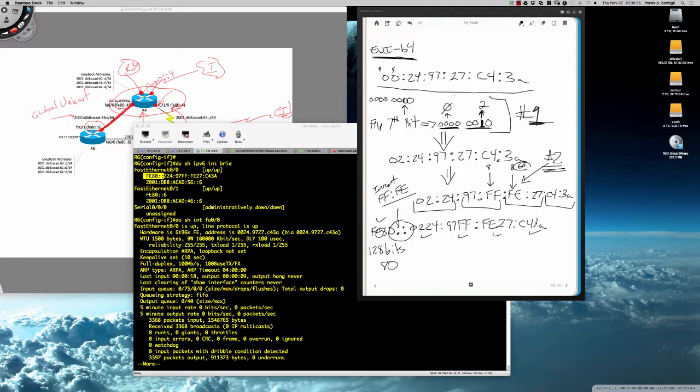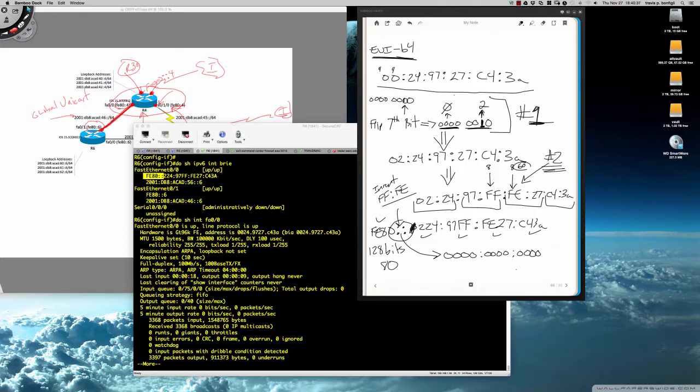So we're missing 48 bits here, and really all those are, it's the rule of zeros, right? So if we're missing 48 bits, we're missing 3 sets of the quad zeros, right? So to fully write this out, it'd be FE80 colon 0000 colon 0000 colon 0000 colon and then 0224 and so on. However, we can collapse things down, and in fact, you'll notice that the leading 0 is also dropped in our